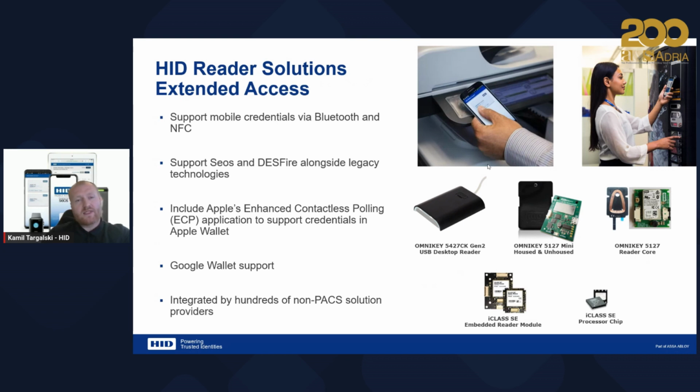If we want to extend the ecosystem beyond access control, beyond traditional door access, we can use supplementary products from our business division called Extended Access Technologies. There are a lot of products supporting mobile credentials, starting from USB desktop readers through OEM models, or even processor chips, which can be embedded into lockers or wireless locks. So whenever there is a need to extend the ecosystem, we have a proper hardware proposal for that.